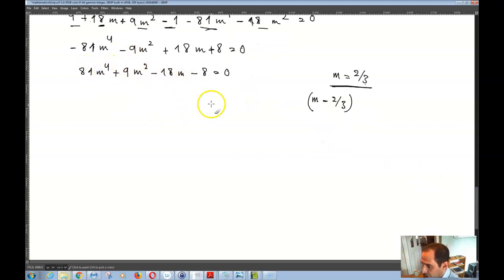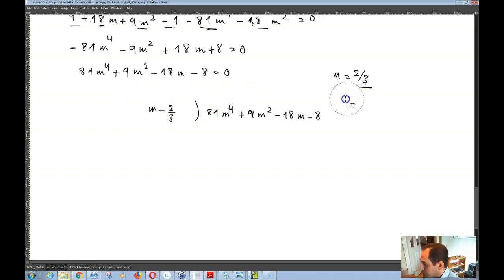So now if I write 81m raised to the power 4 plus 9m squared minus 18m minus 8, and if I divide that by m minus 2/3, what I will get is basically, so I have 81m raised to the power 4, so I'll get over here 81m raised to the power 3, and 81m raised to the power 3 times m is equal to 81m raised to the power 4,